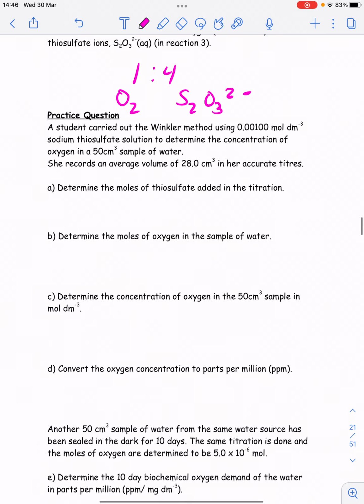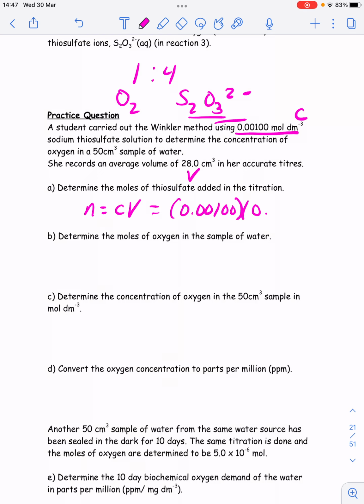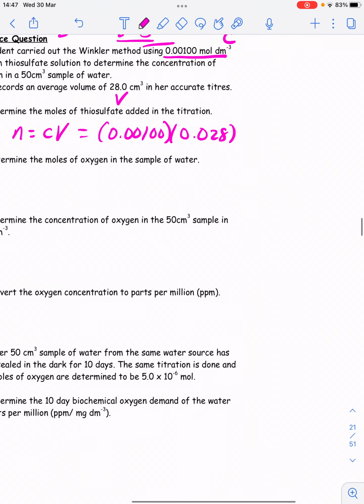So the questions are going to start by telling you how much of the thiosulfate was used in the titration. They have the concentration C, and they have the average volume used in the titration here. So we're going to start with n equals CV. So 0.001 and 0.028. That's the volume in decimeters cubed. So we get 2.80 times 10 to the minus 5 moles. It's the moles of